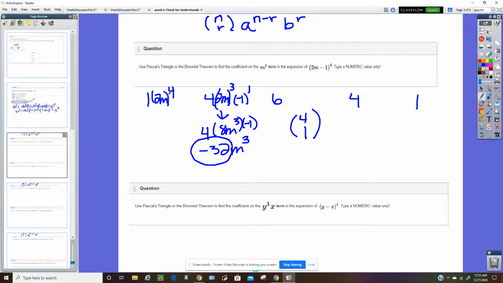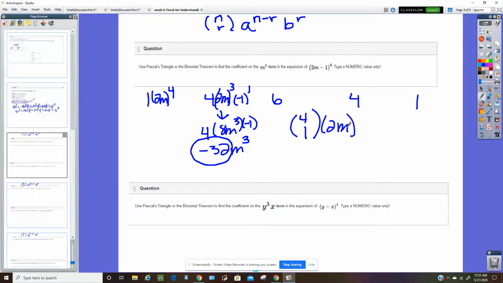So let's go through it, just suggesting what r is. So r would be 0 here, r would be 1, r would be 2, r would be 3, r would be 4. So if I do 4, 1, and then my a value is 2m,